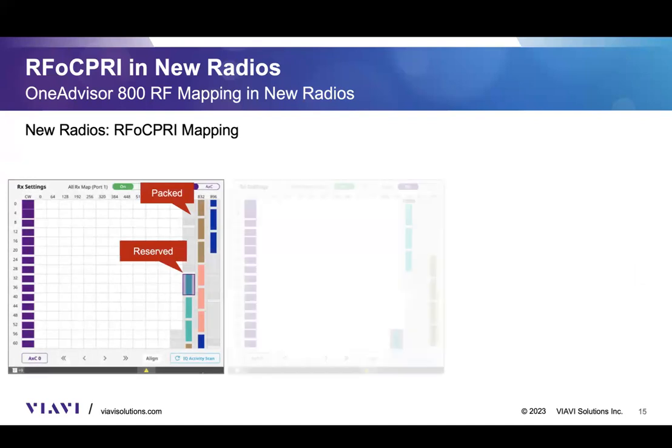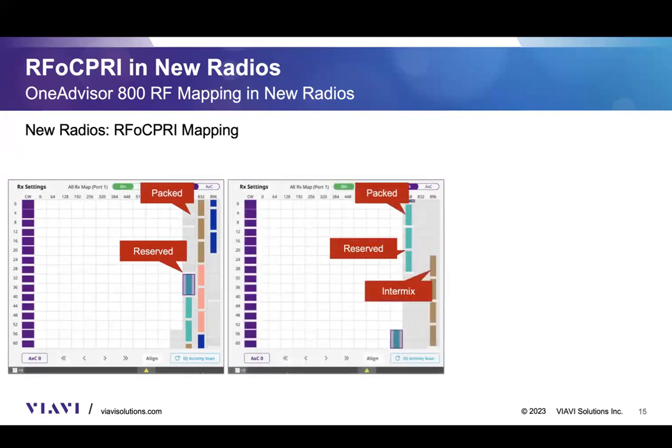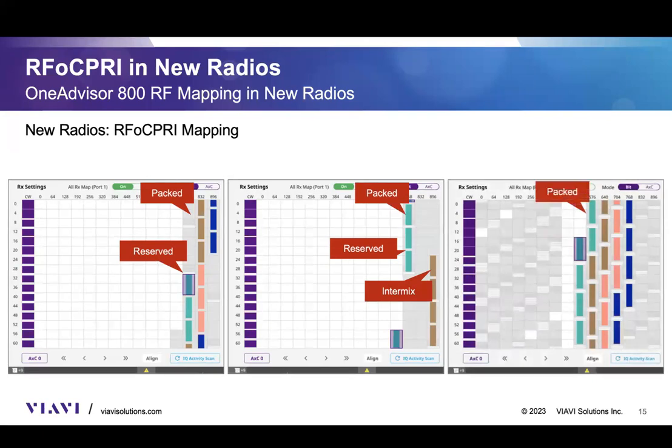This is the last example set that I want to show you. In this specific one, there's an intermix. As you can see, it's at the end, it's packed, reserved, but the antenna branches are mixed, which, again, is a kind of different twist. And this is the last one. This is a bit more complex. Actually, there are three different carriers here, but as you can see, we have a gap between them. It's packed, reserved, and so on. So in any case,